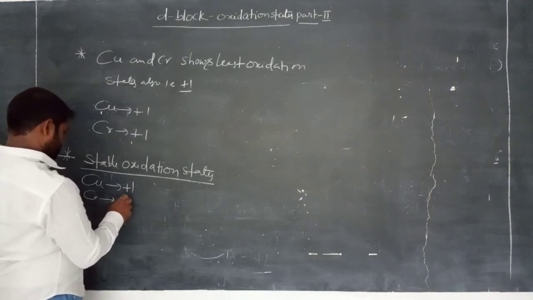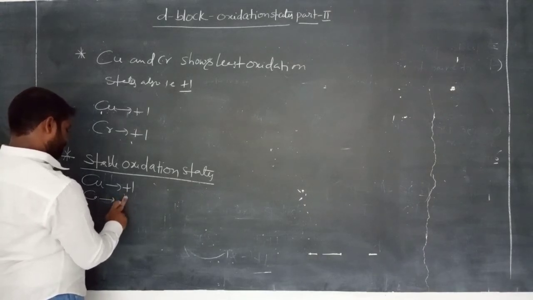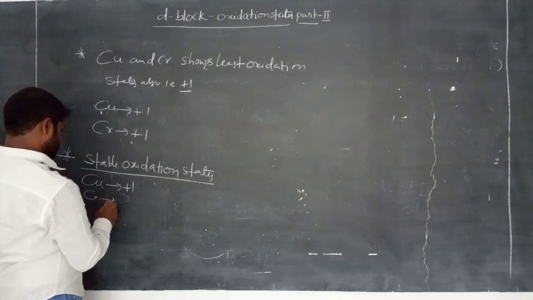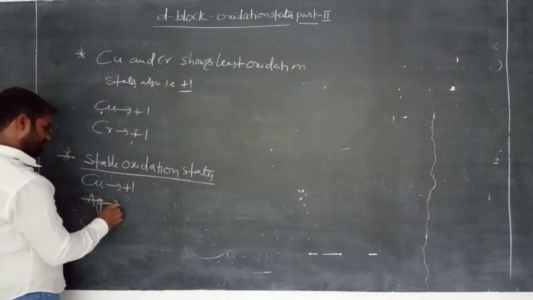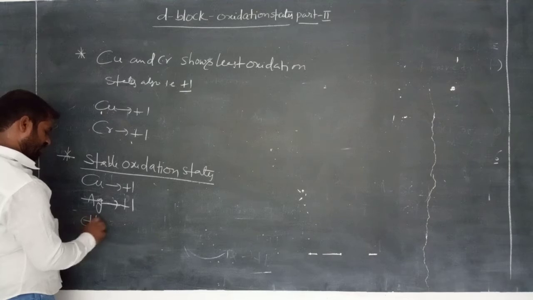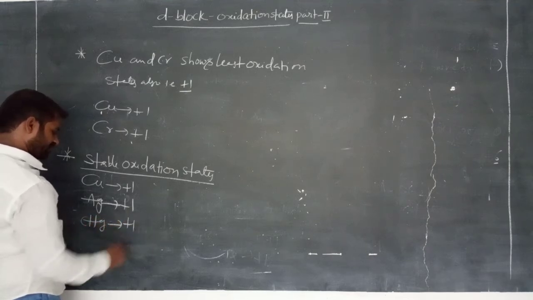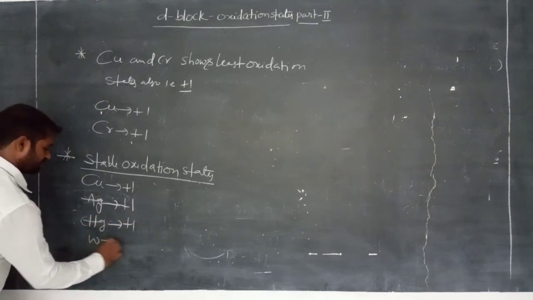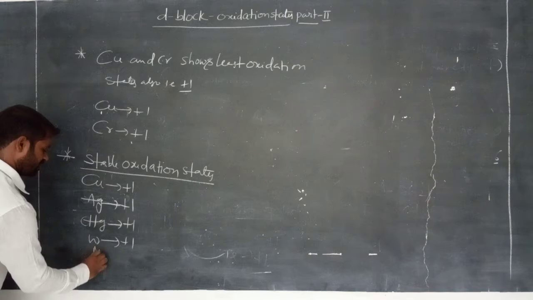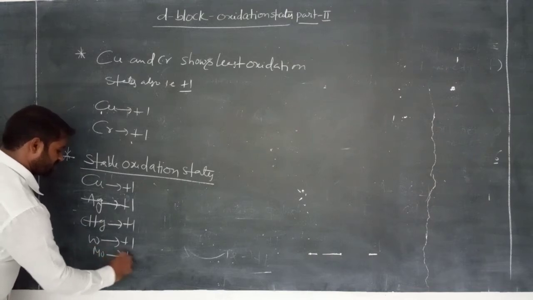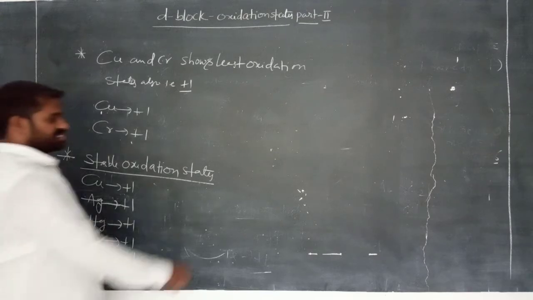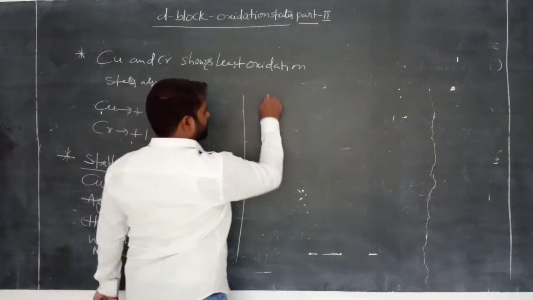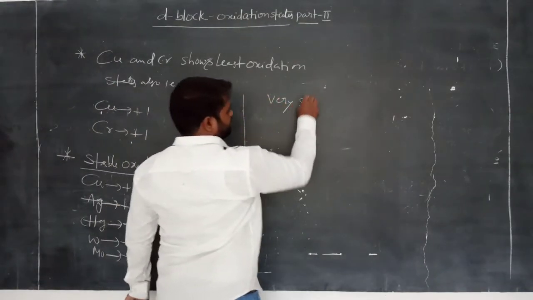Silver exhibits +1. Mercury also exhibits +1. Tungsten also exhibits +1. Molybdenum is also +1. These are some of the important stable oxidation states, and we also have very stable